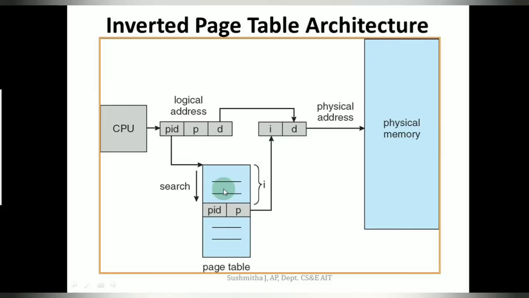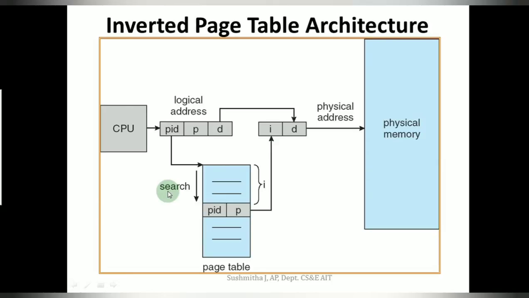Now, this is an alternative approach to the method I discussed. Having a separate page table for every process would be very tedious and would use a lot of memory. So as an alternative, they just added one piece of information, the process ID. So this is about the inverted page table. That also completes the 3 different page table structures that we discussed.